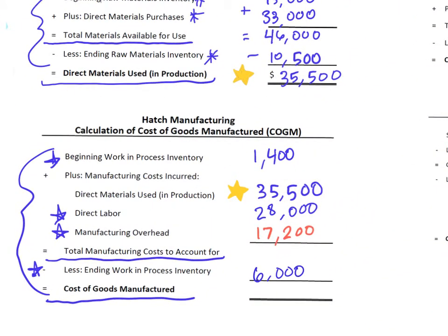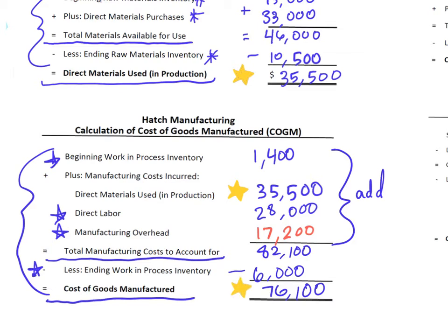Now I can complete my schedule, so I'm going to add together all of these first items in order to calculate total manufacturing costs to account for, which will be $82,100. Then I will subtract the ending work in process inventory to come up with cost of goods manufactured in the amount of $76,100. Now I'm going to need this figure on a future schedule, so I'm also going to put a star